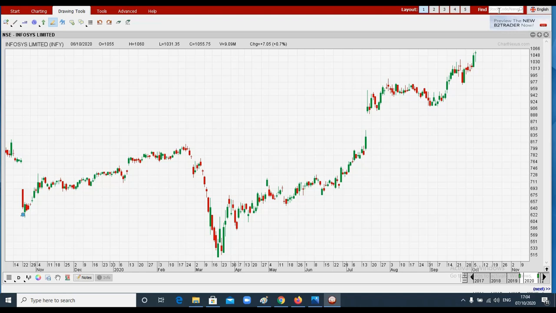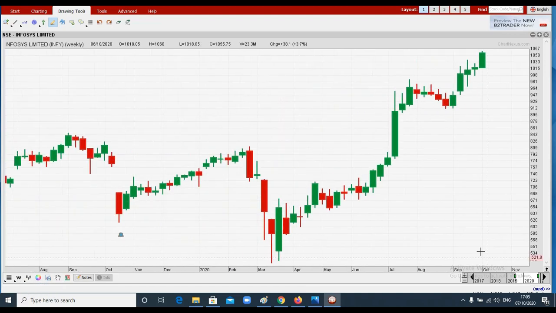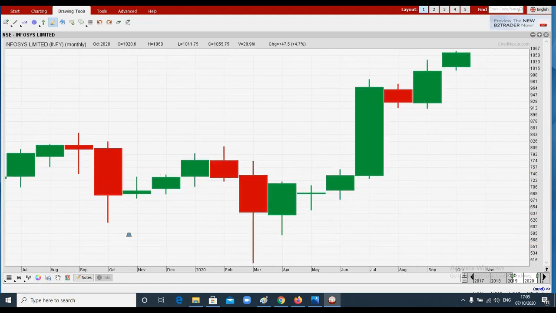As I was telling you before, here we can see daily charts, weekly charts and monthly charts. Let's go and check out. See here, you can see the option here. Click on this drop down. You can see daily chart. Currently Infosys is in daily chart. It's a daily view. Let me go to weekly chart. You can see this is the weekly chart. And if you want monthly chart, just click on this monthly chart. You can see the monthly chart here.